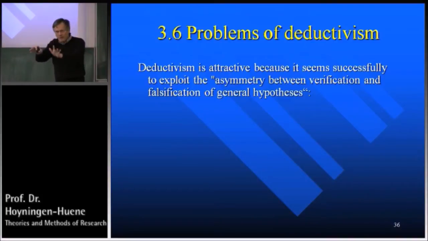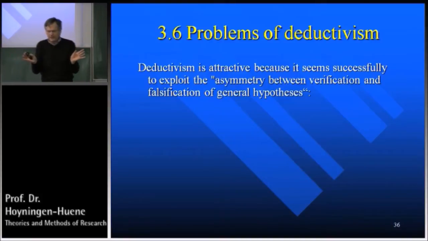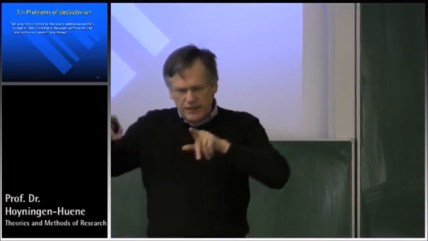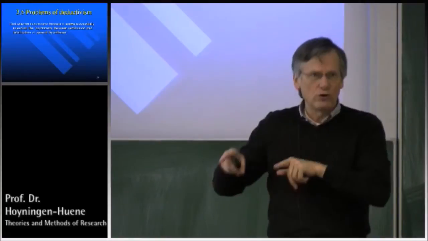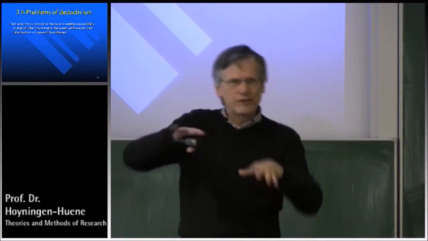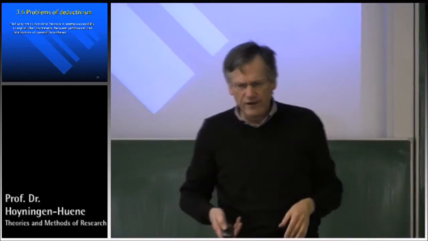Okay, general hypothesis is clear. We talked about that from the very beginning. We need them in science. And then there seems to be an asymmetry, meaning that the two things are not treated equally, namely between verification and falsification. Verification of a general hypothesis is showing that the general hypothesis is true. Falsification is showing that the general hypothesis is false. And the statement is there is an asymmetry, right? It's somewhat different between falsifying and verifying a hypothesis.